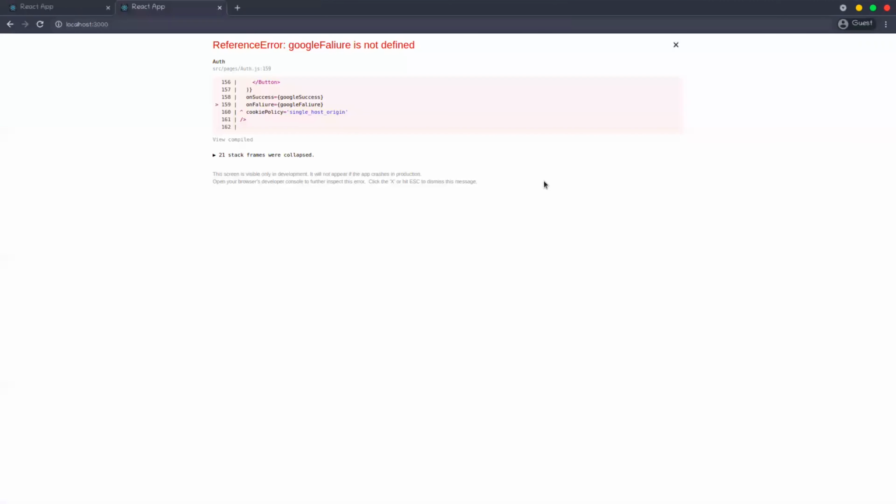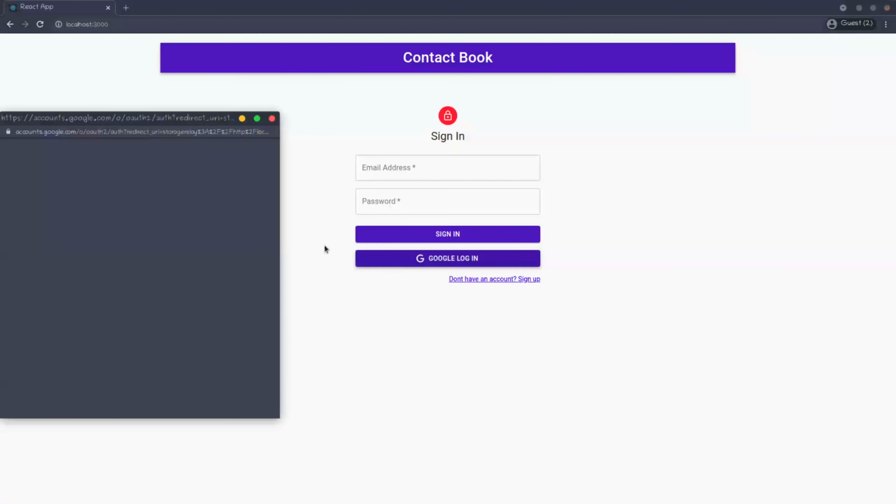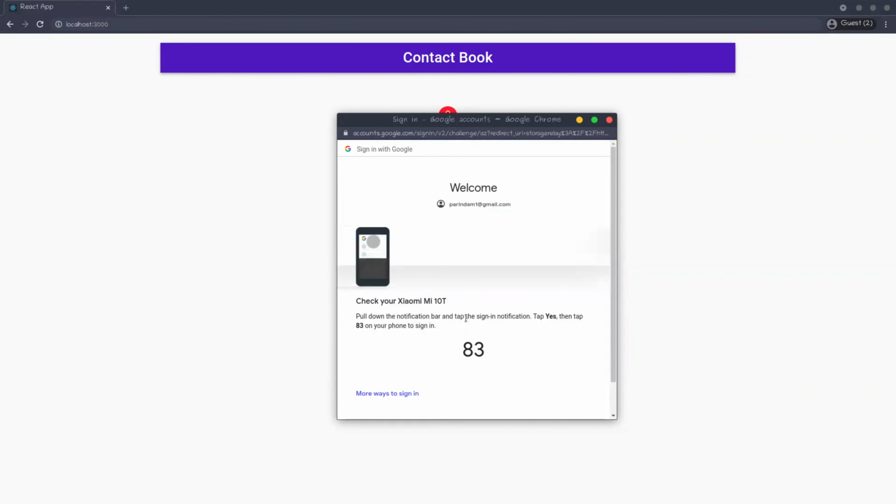Like now, just visit here, reload it. You can already see this is the Google login button. So if someone clicks here, this type of modal will open, and you need to give that email address. Like for me, this is my email address, and you can also give password. So for me, that password came on my phone.